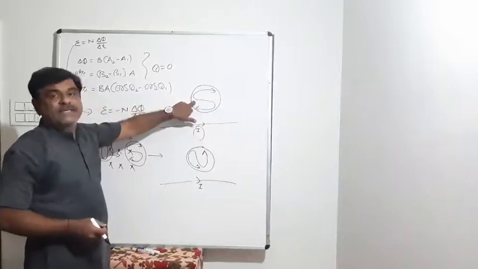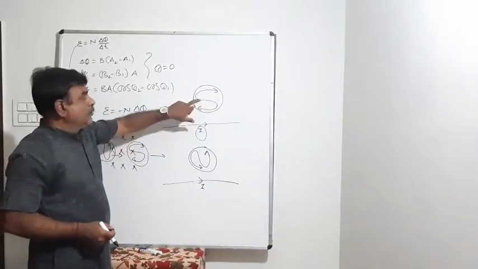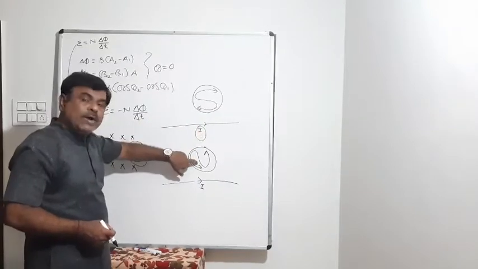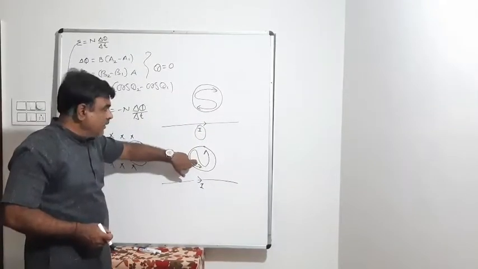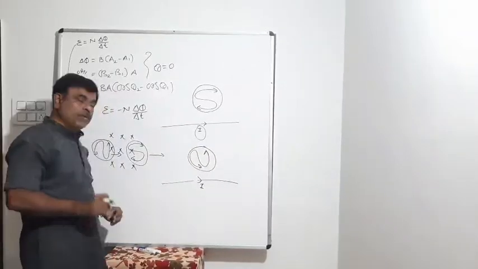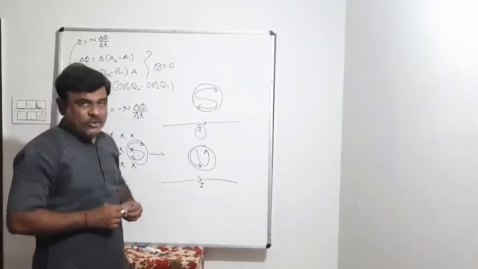Because here we have to compensate what? Increment. The induced current develops field which is opposite to the original field. Here we have to compensate what? Decrement. That's why induced current should develop field which is in the same direction as original field. Okay? That's how you have to apply Lenz law concept.